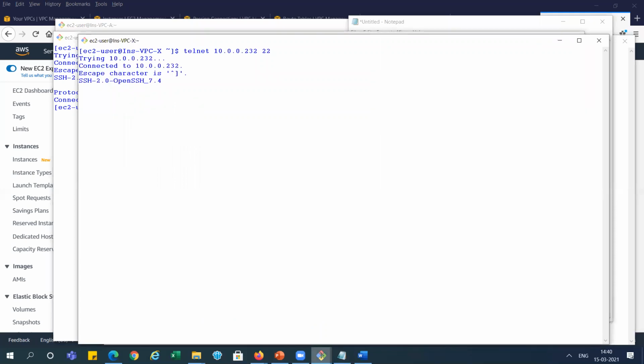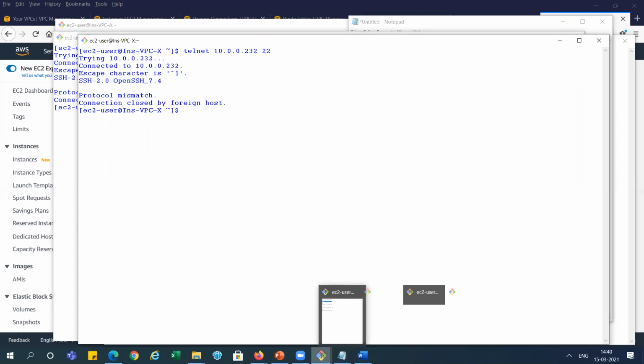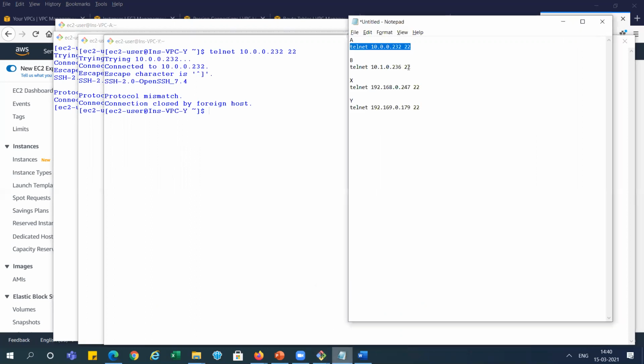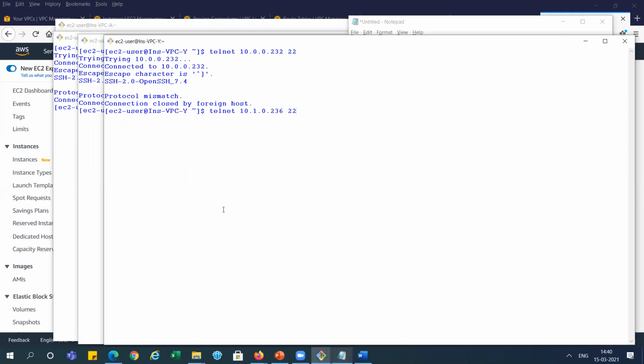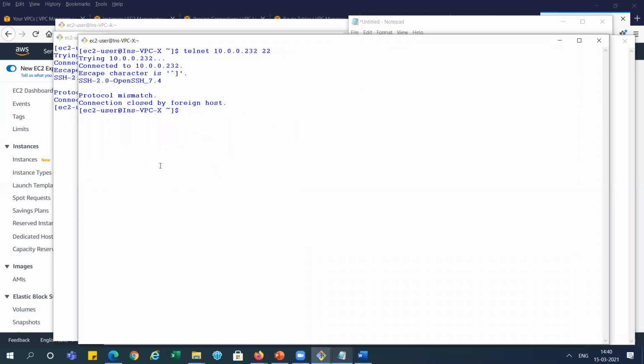You can see it is open. And from VPC Y also, you can see it is open. Now we will try to ping the B server from Y also. This is a different subnet, different region, right? It is working. The port is open. And the same for X also.